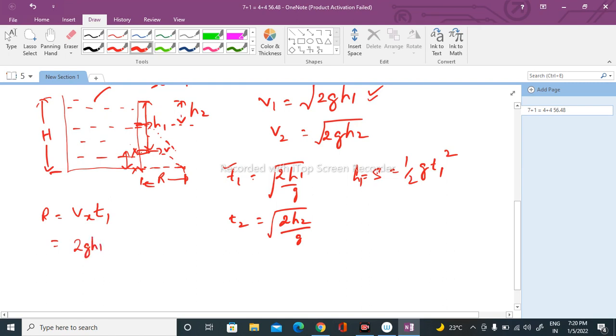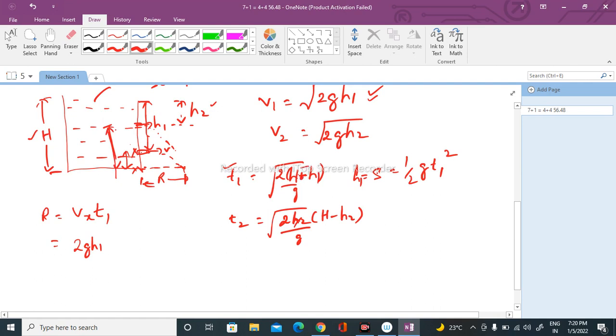Acha, we have done one small mistake, I think. This height, how much is this height? This is not h1, sorry, I have to make the correction. This is h minus h1, and similarly this one, it is h minus h2. We have to take this height. In the second case, the total is h, this is h2, so we have to take this height. So just do this correction.